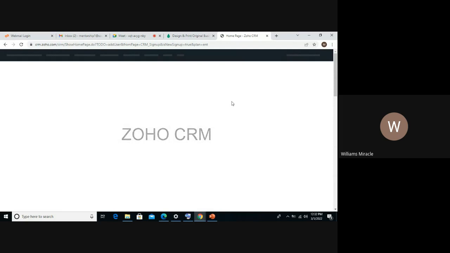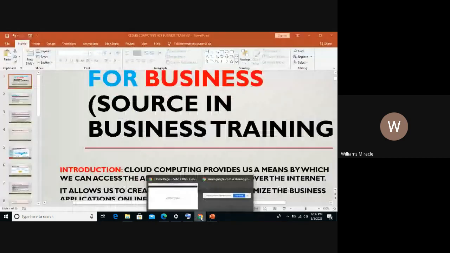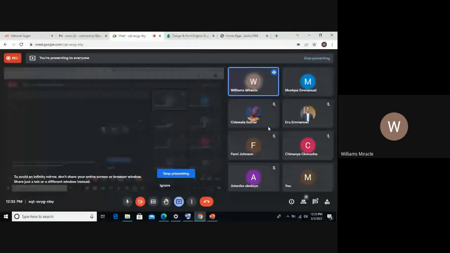And we'll be looking at the inventory management aspect, where we have inventories like the price catalog, you being able to manage your vendors and other necessary important information.